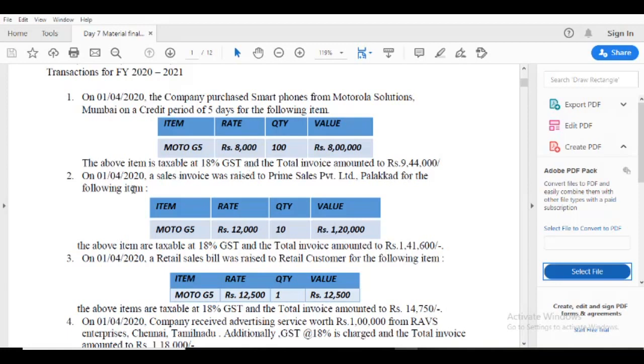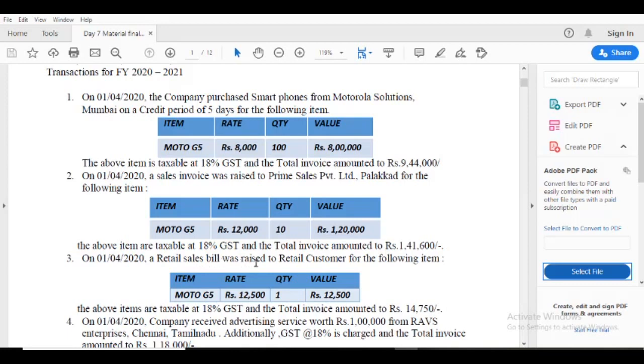For the following item, Moto G5, I sold at 12,000 rate per quantity, 10 quantities sold. 1,20,000 is the product amount. The above items are also taxable at 18% GST. The total invoice amount is rupees 1,41,600.